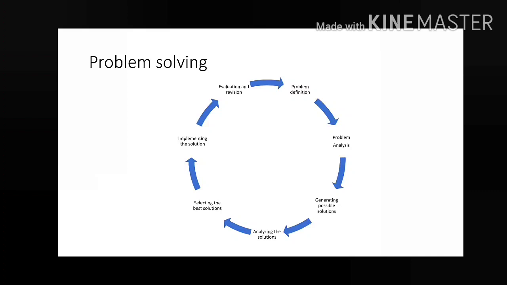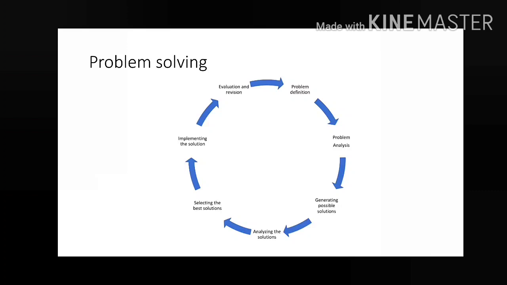Now let's come to the next step, that is analyzing the solution. Now that particular individual, when analyzed that he or she is suffering from the problem that should need a very urgent assistance, so if you will go to the homeopathic or exercise you want to do, that will take few months to few years to solve that problem. So that particular individual will directly go to the allopathic doctor. So this is analyzing the solution, that which solution will give him the best solution.